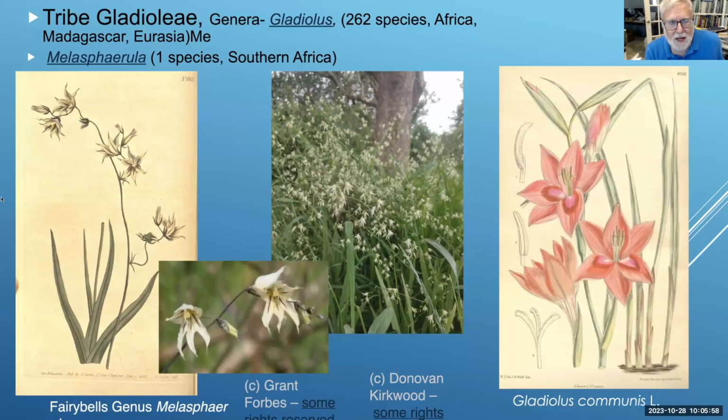The gladioli. Now I get really excited about the gladioli. Melasferula. We'll get it one of these days. It has really tiny flowers, so it's more like a baby's breath type thing if you want it for the garden. And the other genus in the tribe is the gladiolus,